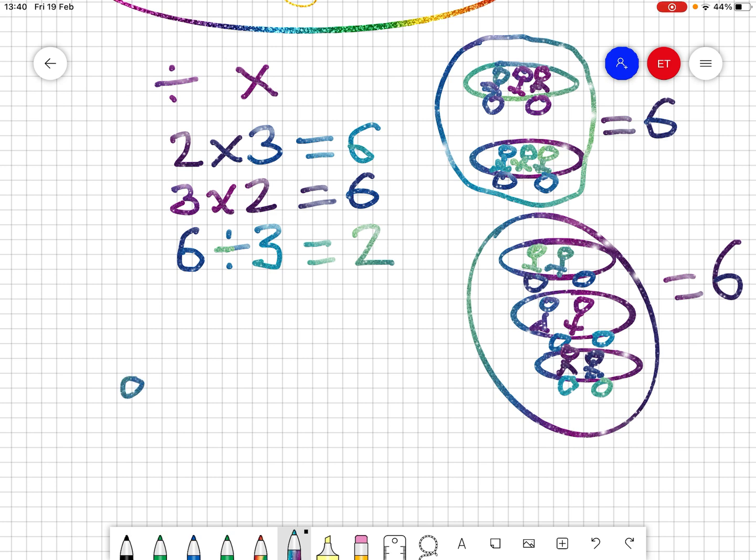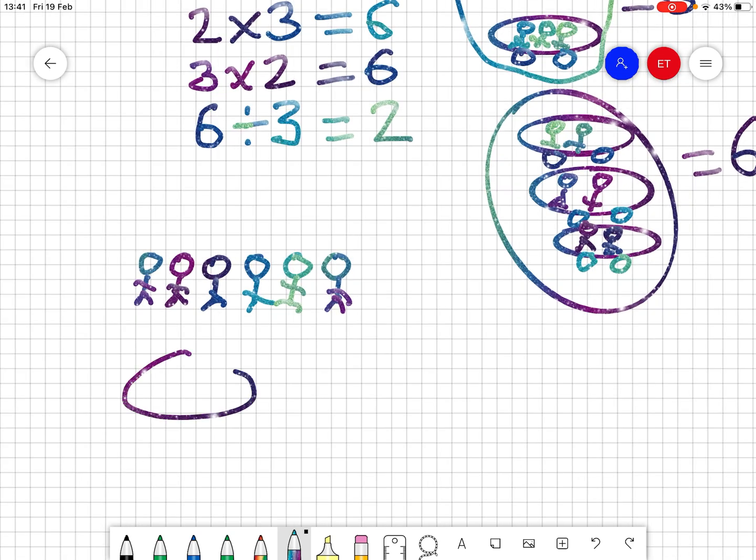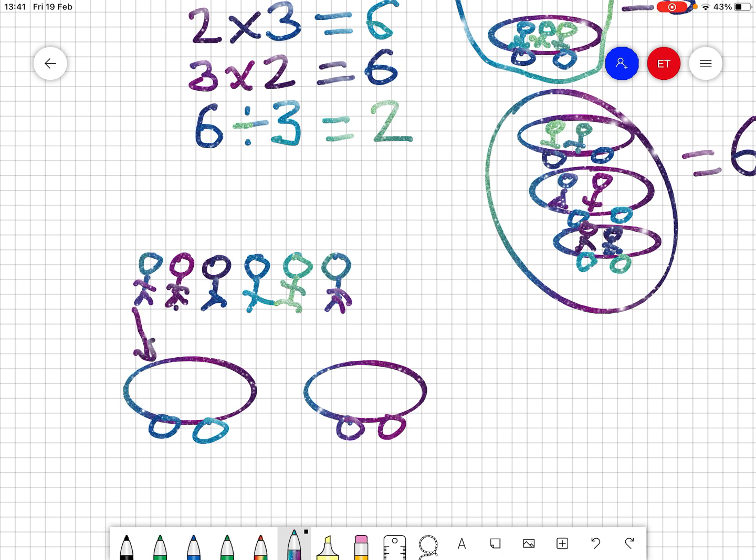If we have 6 people, okay, these are people, believe it or not, they're little stick men. So we have 6 people and we want to split them across 2 buses. So I'm doing the opposite problem. I'll have one person go here, one person go here, one person's going in here, one person's going here, one person's going here, one person's going here. So we end up with 3 people